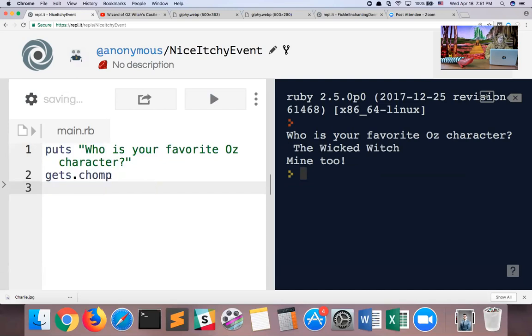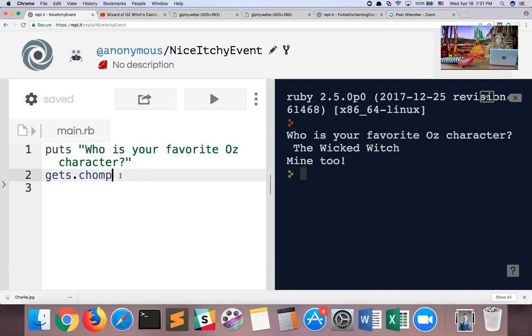What if we wanted to write a program that takes what the user typed in and does something with it? So we'll keep it very simple in this first example. Let's say we want a program that will say, who is your favorite Oz character? The user will type something in, and the program will then proceed to say, your favorite character is so-and-so, whatever you typed in. So basically, we'll spit back whatever the user typed in.